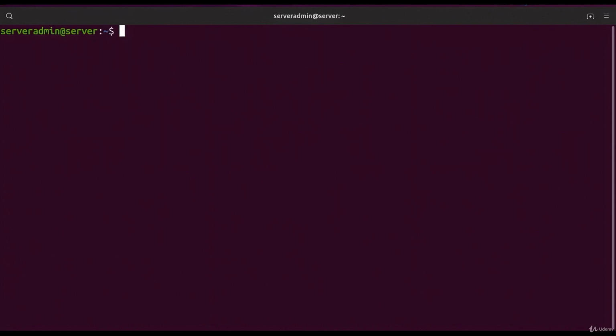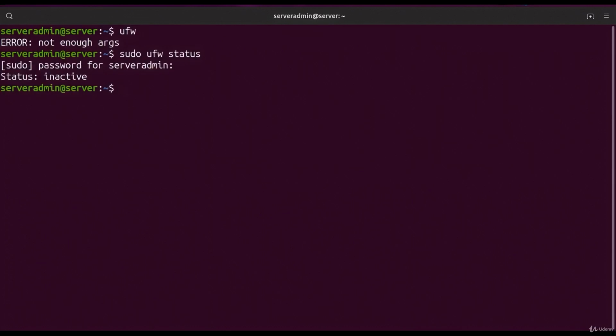Here comes the notion of firewalls, which help us to open and close ports for specific IP addresses, subnets, or interfaces. This is suitable when we want certain IP addresses to have access to our server, while the default access stays restricted. In Ubuntu, the firewall wrapper is named Uncomplicated Firewall, or in short, UFW, and it's installed but stays in a disabled state. We can check the status of UFW by typing sudo ufw status,